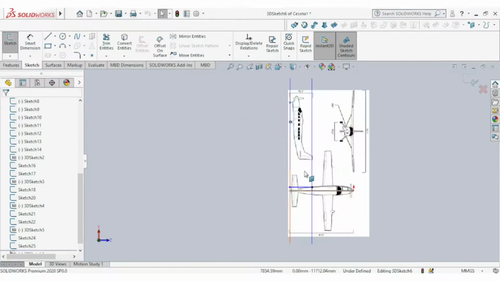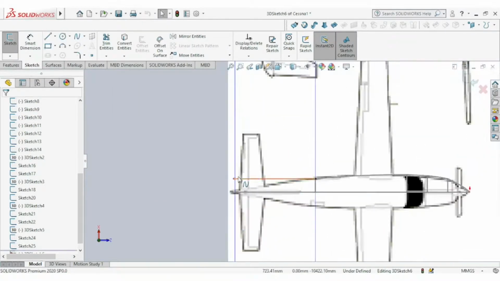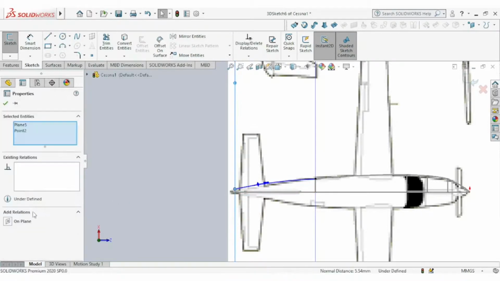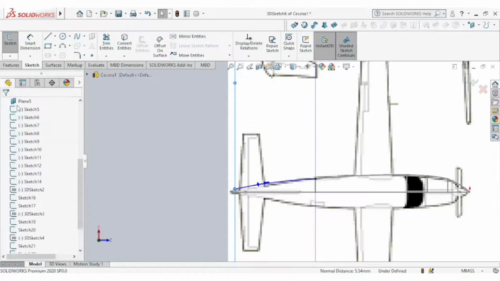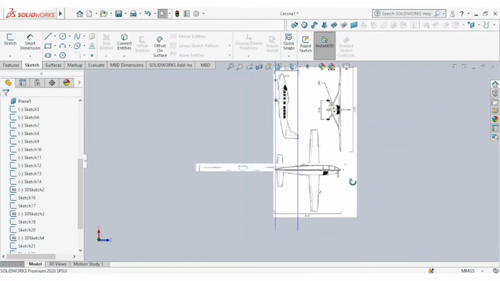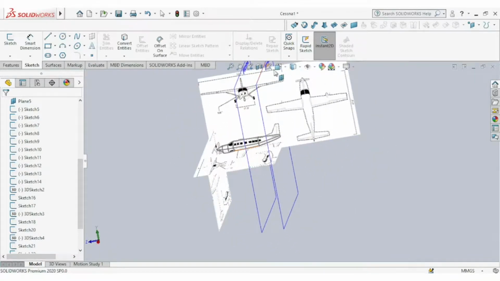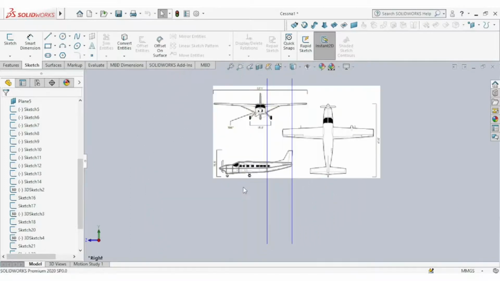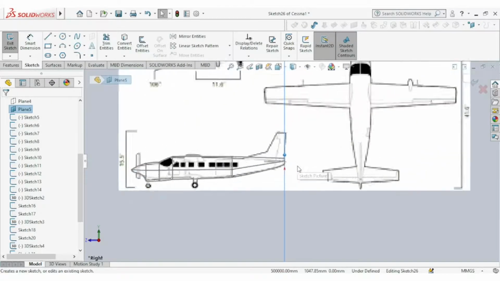Go to top view. Okay, and then connect the 2 points.